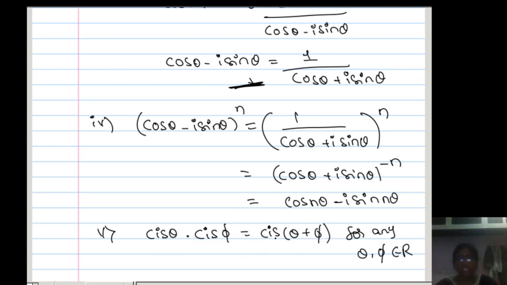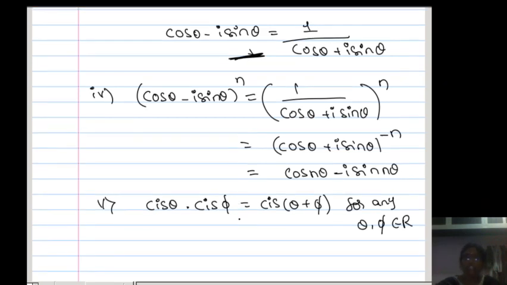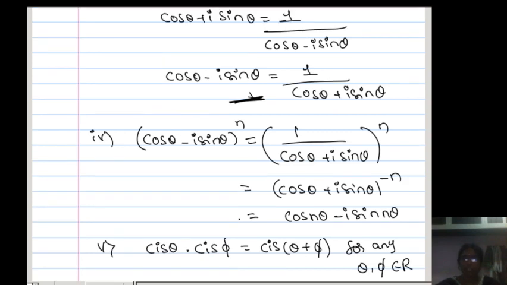So if you take two different angles and do multiplication of the two complex numbers in the polar form, this is the resultant you will get. Already we proved this, but we can use this concept again in the solved example problems. Okay, so these are some properties in the De Moivre's theorem concept. By using the De Moivre's theorem concept, we can give the conclusion of these things. Okay, so what we discussed in this class: first we discussed De Moivre's theorem for integral index. By using the principle of mathematical induction and the remaining three cases, we proved De Moivre's theorem.